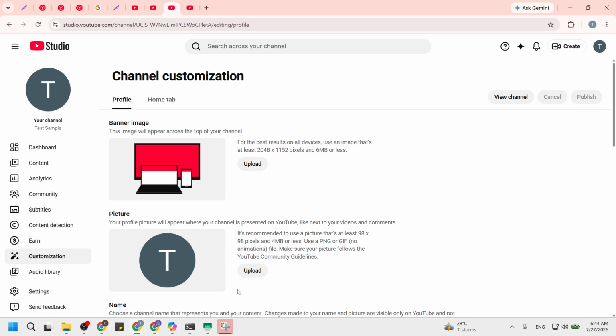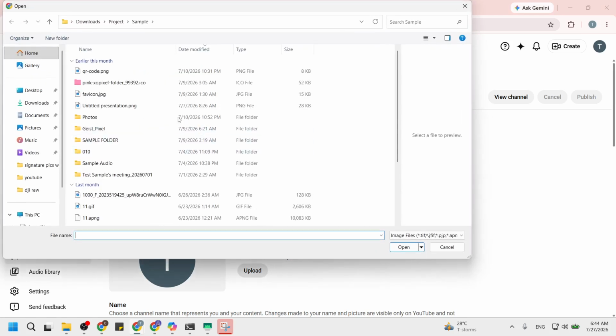This will redirect you to your YouTube Studio customization tab. Click the change button next to your picture. YouTube Studio looks a bit different, with a menu on the left and tabs across the top like Layout, Branding, and Basic Info. You should land on the Branding tab automatically, and near the top you will see your current profile picture preview. Right beside that preview, there is a button labeled Change. Click that button once. If nothing happens, wait a moment, since slower connections can delay the image picker window.